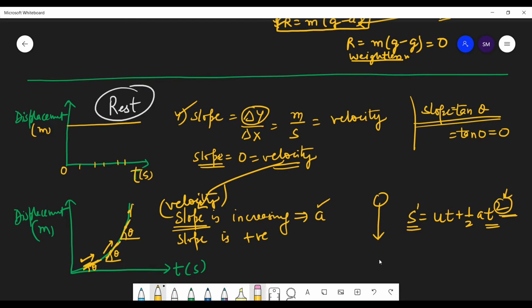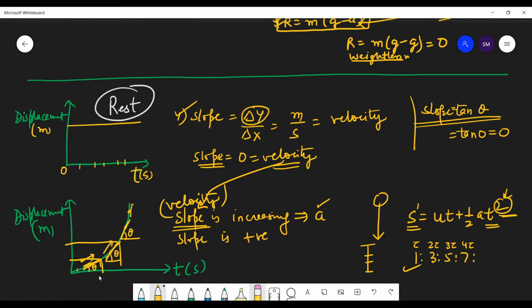Got it, students? Remember, we did one question also, about the distance traveled in successive intervals of time. What were we getting? 1 in the first interval, and then 3, 5, 7. Remember? We did this question yesterday. In the first interval of time, the second interval, the third interval, the fourth interval. Remember? Yes, sir. So for the same time,